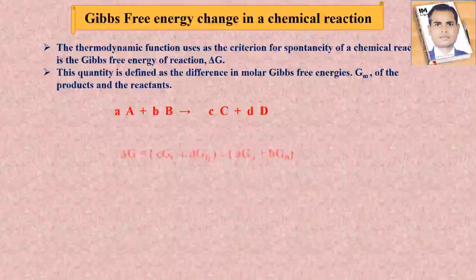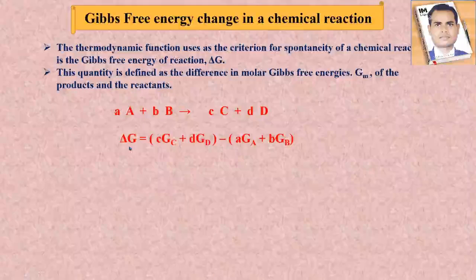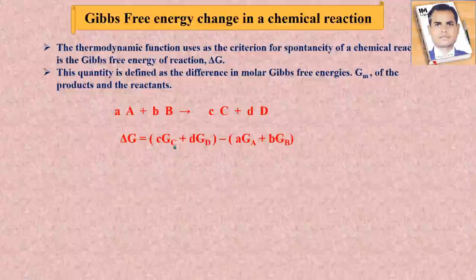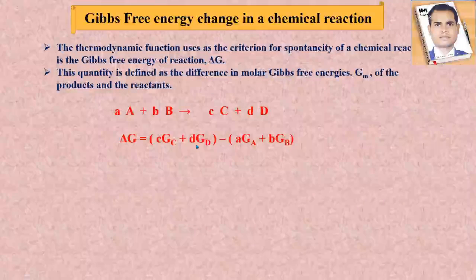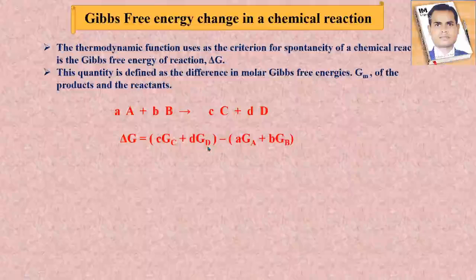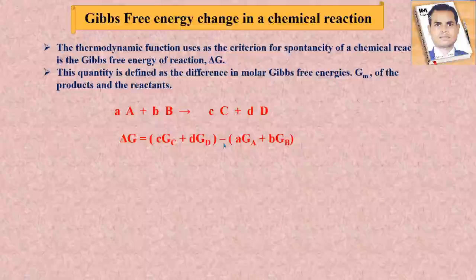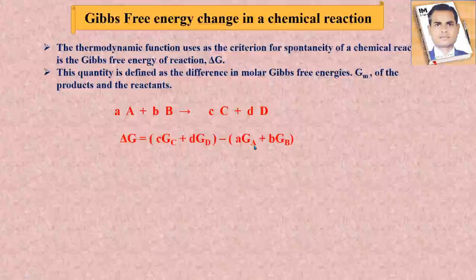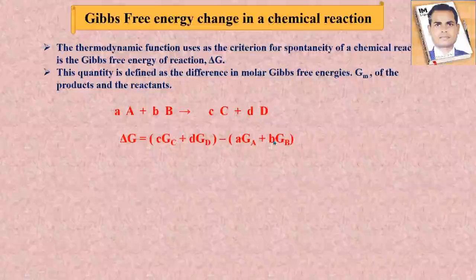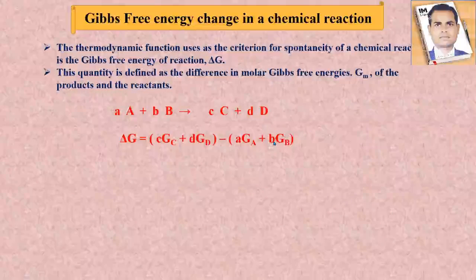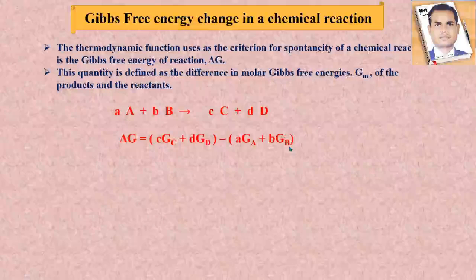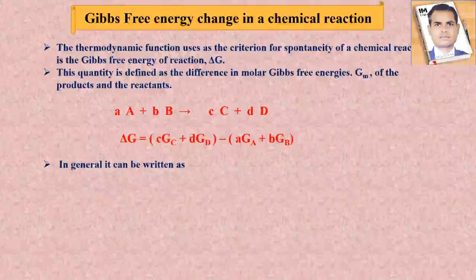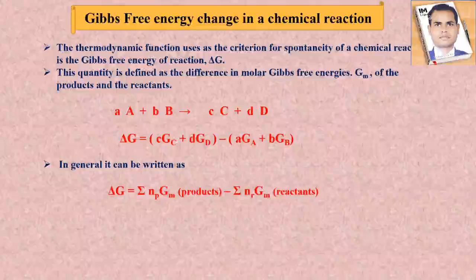So this reaction we can write in this way: delta G is equal to, in brackets, small c G at the base C plus small d capital G at the base D, close brackets, minus, in brackets, small a capital G at the base A plus small b capital G at the base B. So in this way we can write this equation, and in general it can be written in this way: